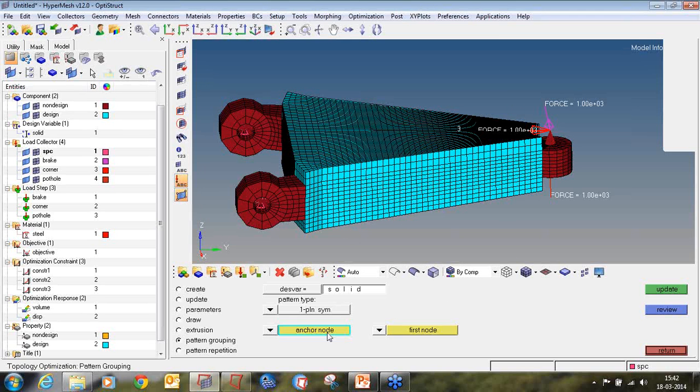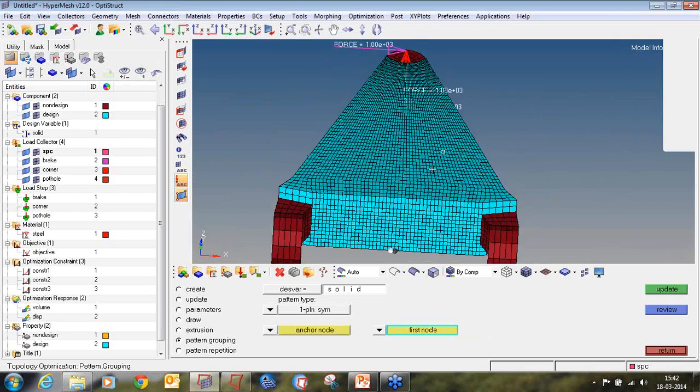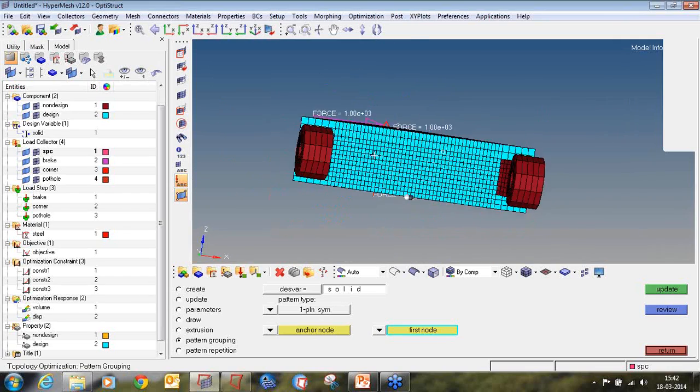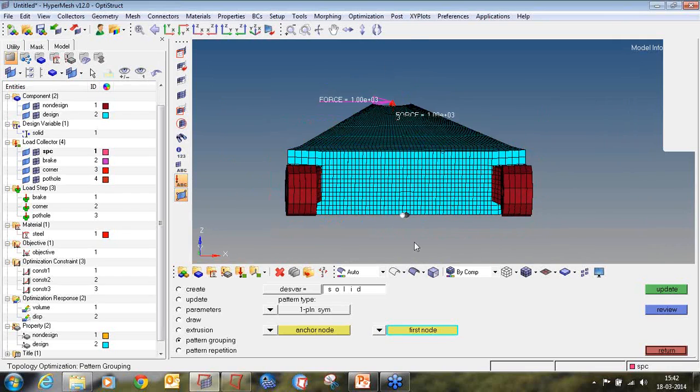So we will click on anchor node and enter the value as 1, and first node enter the value as 2. So this is my symmetric axis point. Perpendicular to this plane it will create a symmetry. However much material OptiStruct removes from this portion, the same amount of material in the same pattern will get removed from this, and the axis is this.